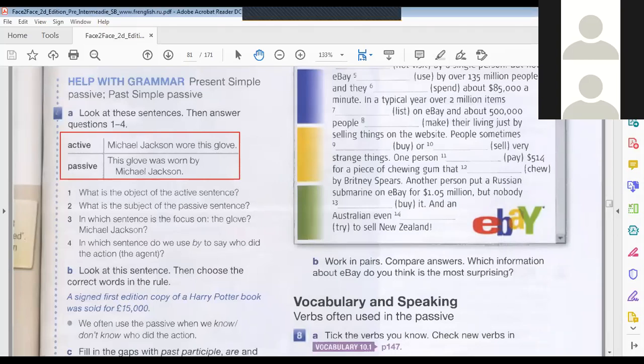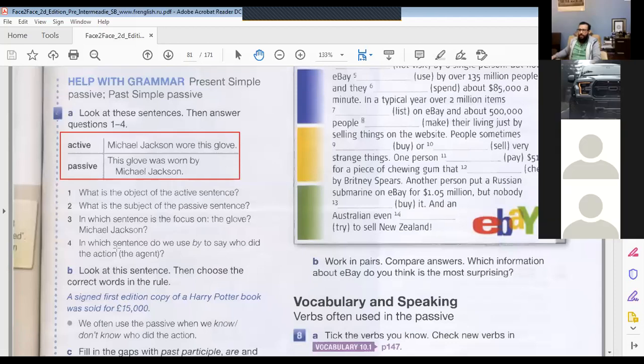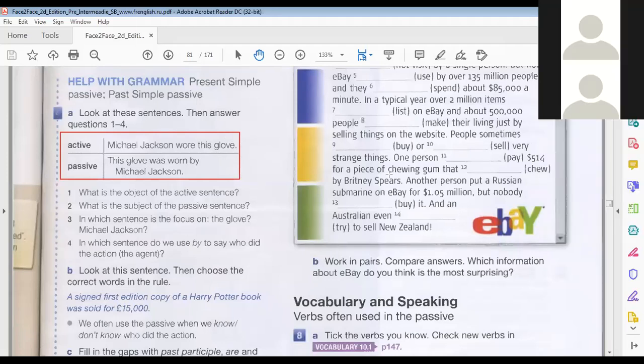Okay, in Arabic, who can translate them? Selma, would you like to say the first one in Arabic and the second one in Arabic? Okay. Like Michael Jackson wore the glove, and the second, the glove was worn by Michael Jackson. Yes, that's correct. Okay, but I don't know, maybe... so Selma is correct.